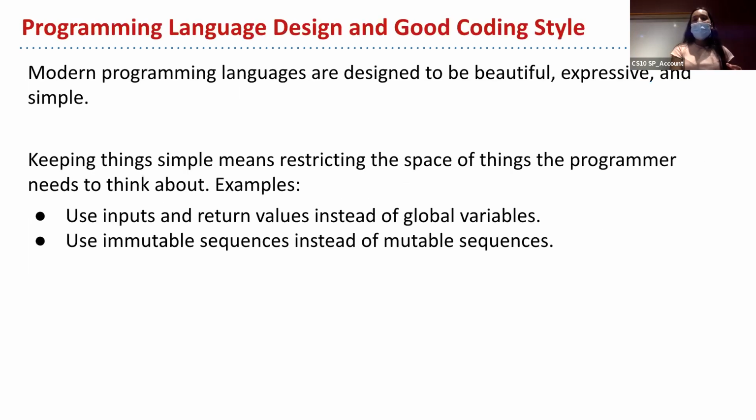The answer is that programming languages all have their own quirks and things that make them better to use for certain situations. Sometimes it can be useful to have a data type with less functionality than something else because it makes things simpler. Remember when we were starting off, we were talking about abstraction. We wanted to keep things simple. If we know that our tuples aren't ever going to change, that simplifies our process because maybe we only need to check that once. But if we're writing code that needs to change the values, then we might want to use a list. So that's the general thought process behind that.